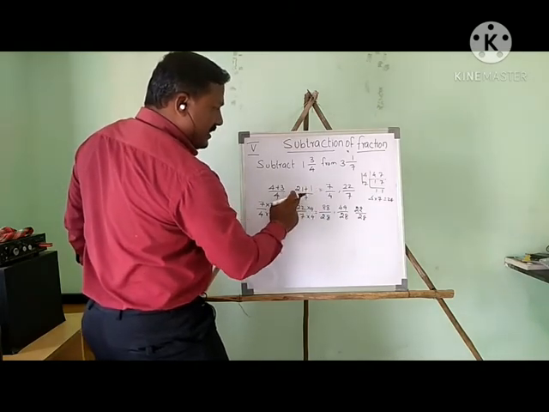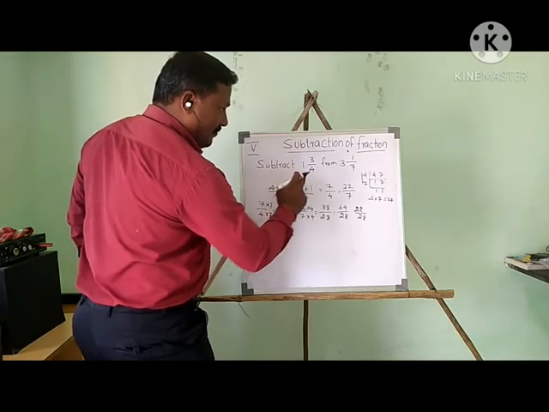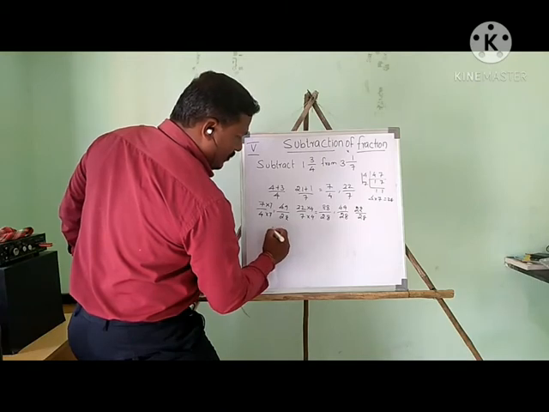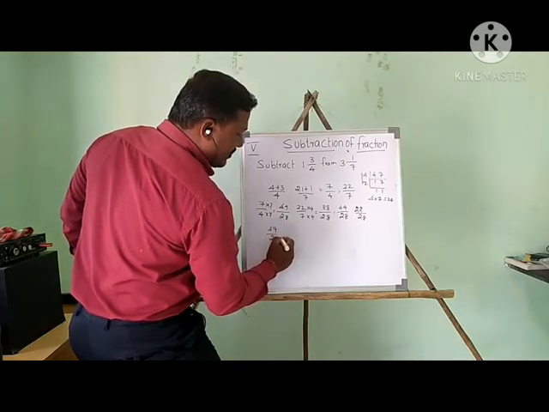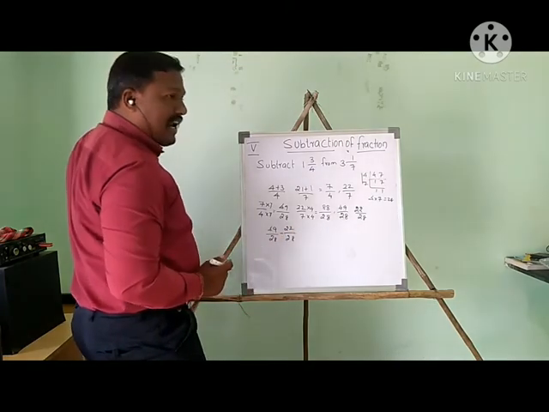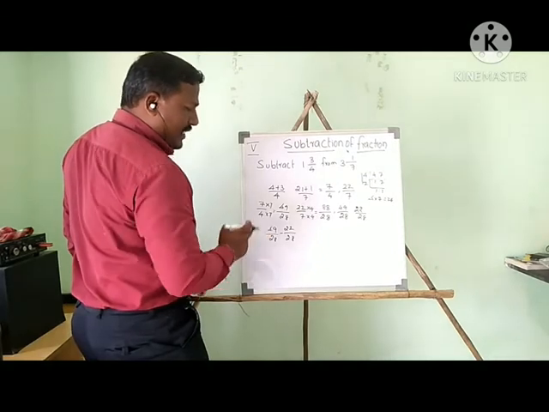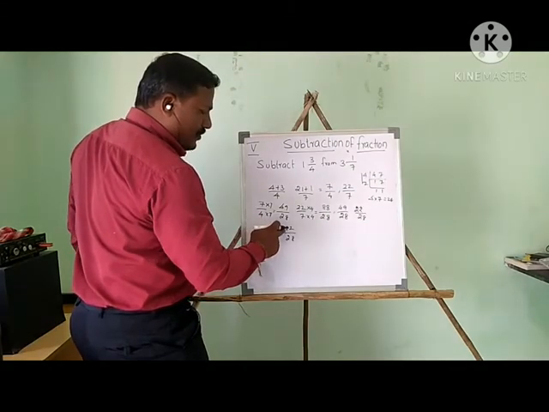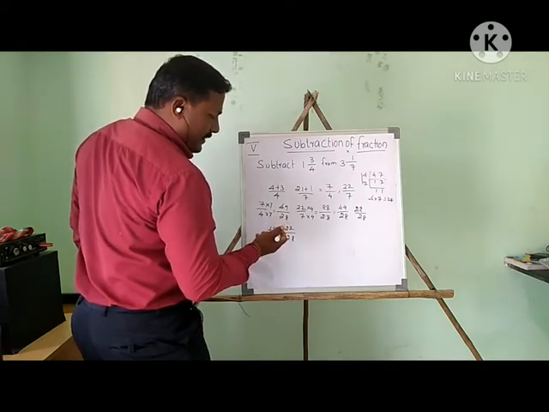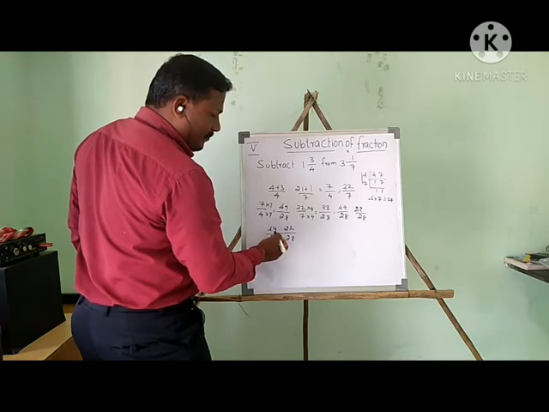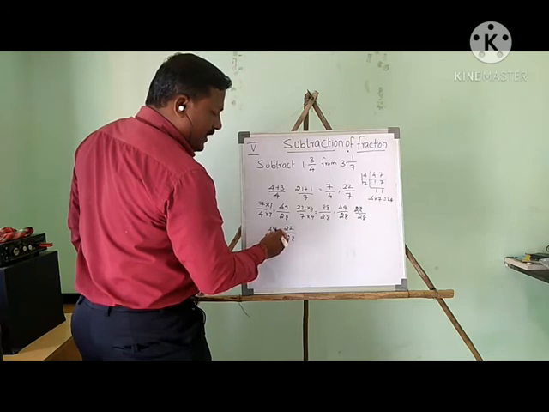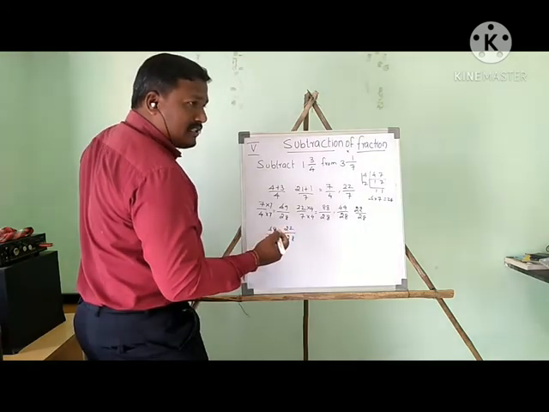So 7 by 4 is 4 plus 3. This is the fraction, no? So I will write 49 by 28 subtract 22 by 28. If you subtract this, 49, 22 after 23, 24, 25, 26, 27, 28, 29, 30. So 30 means 80. 8 plus 30, 40, 10, 18, 28.